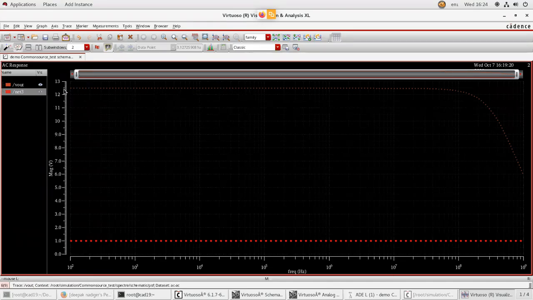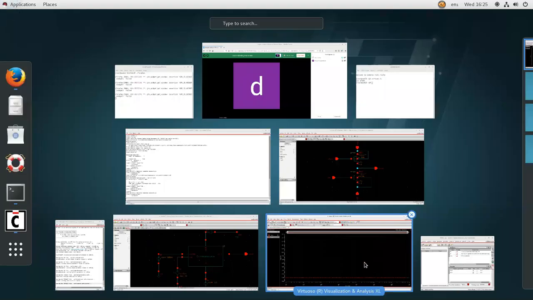You're getting a constant gain of almost 12.5 till almost 100 megahertz. After that, the gain is going to fall down. That is the meaning of your AC response.